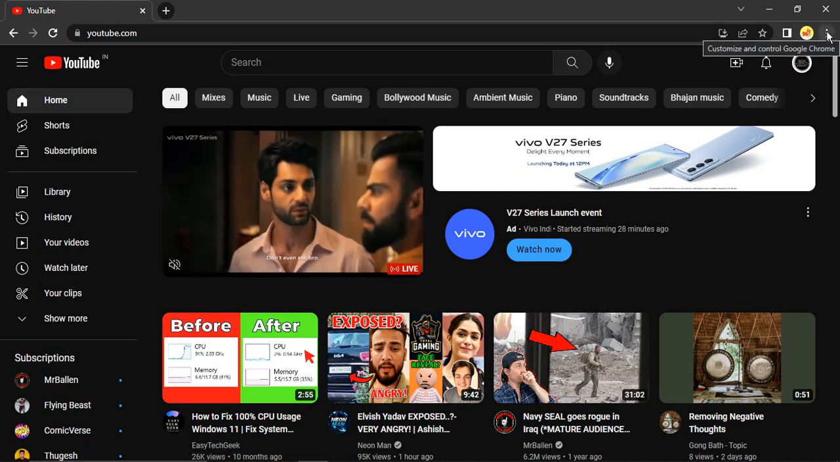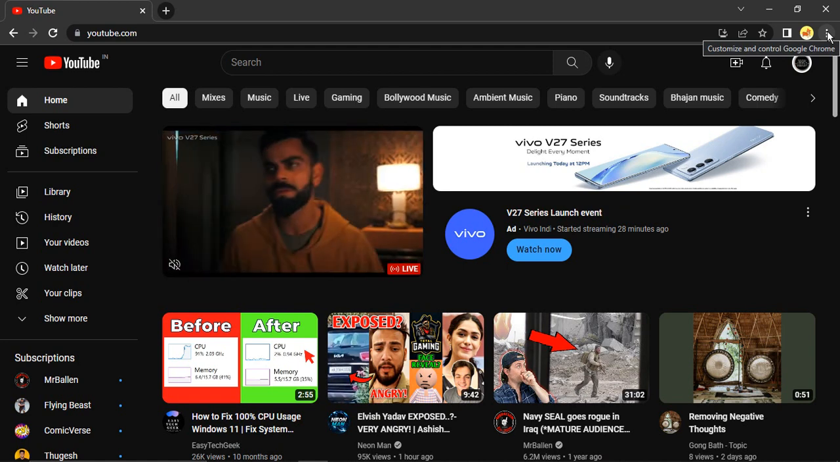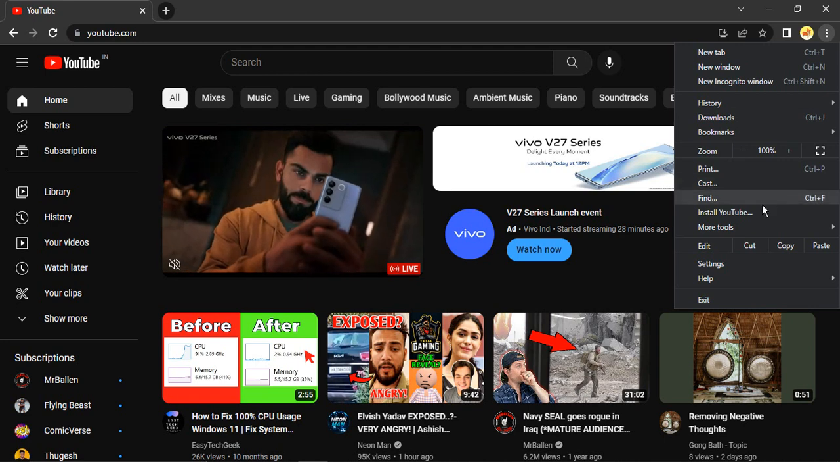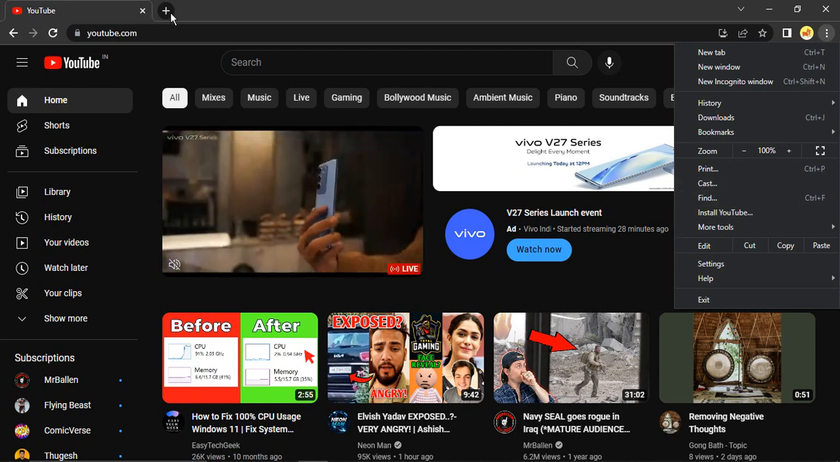Here go to these three dots that are for Chrome. These are not for the YouTube website, these are for Chrome. Just click on these three dots, and here you will find an option of Install YouTube. If you go to any other app,